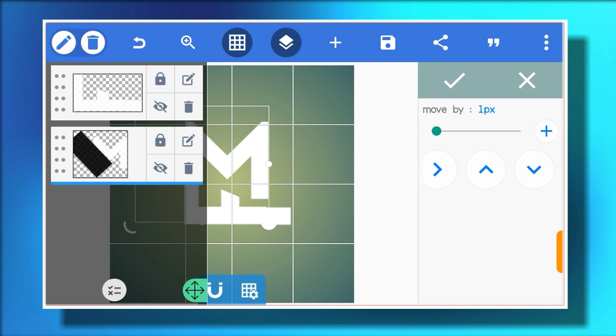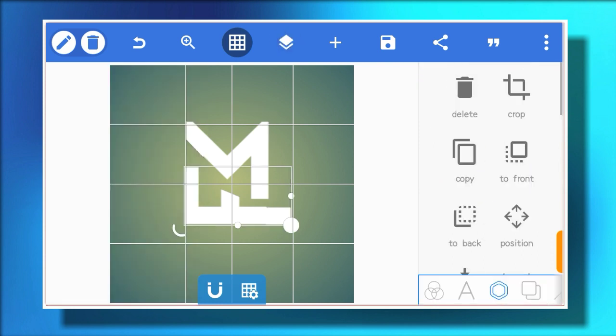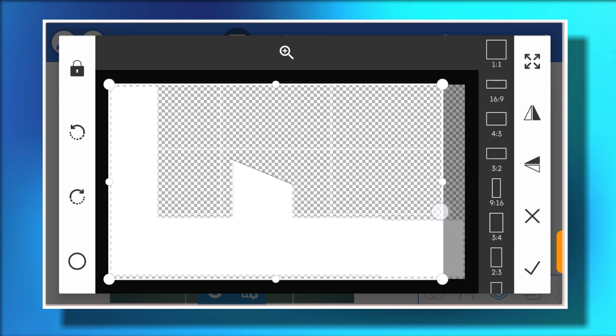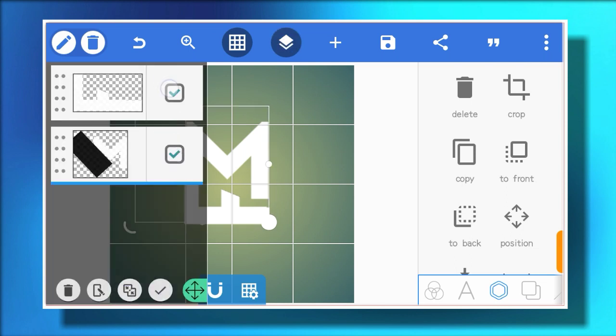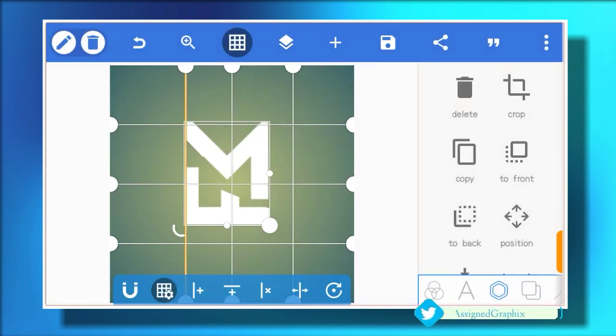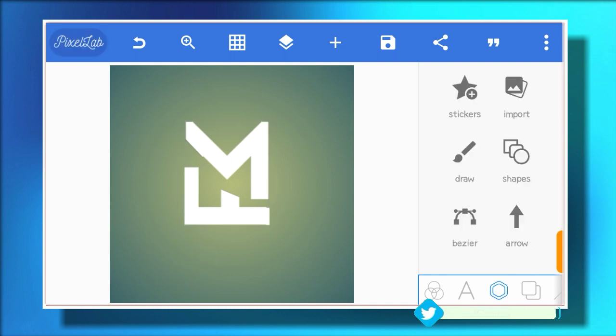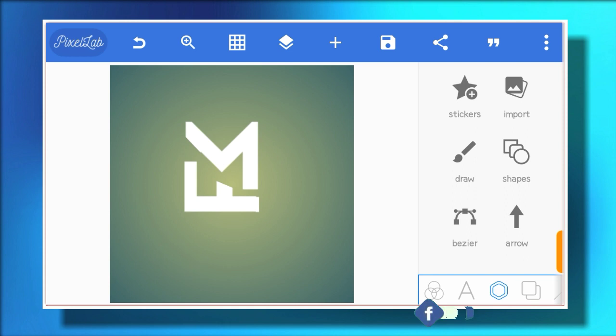From there you select the F shape layer, you head up to crop out some part because you see the other side is longer than the M, so you crop it out. Make sure they are on the same line, the M and the F shape. Now you merge both layers together, you go to layer and merge them together. Turn off your ruler. Now that you have gotten our logo, next thing you're going to do is you're just